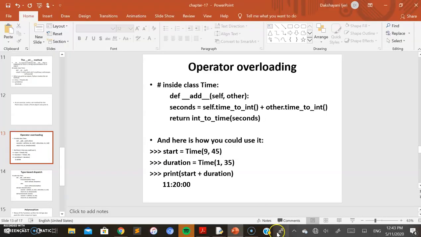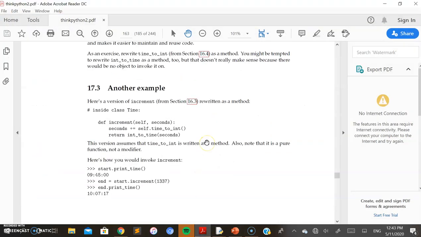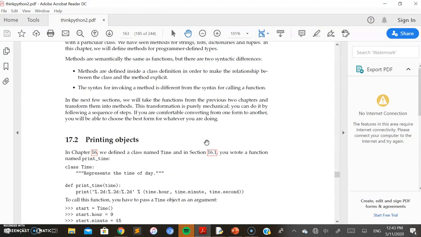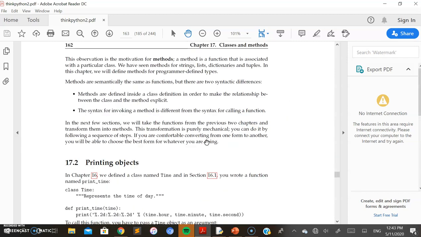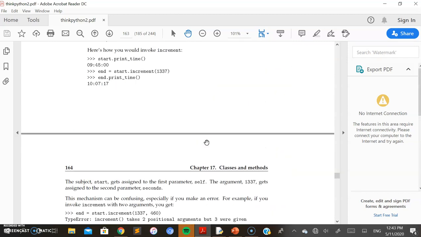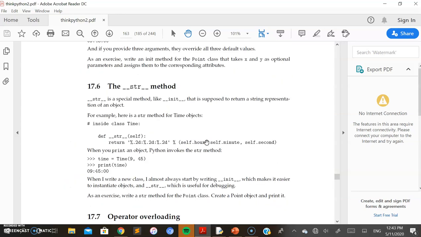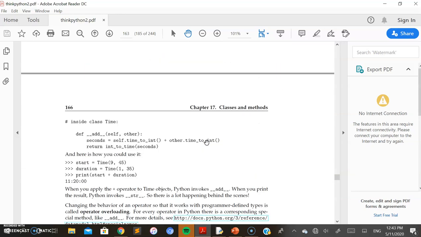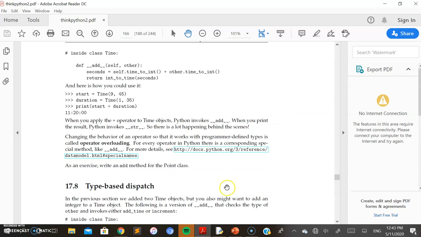To know more about what method names to use in order to overload the different mathematical operators, I request you to go through this document, where you'll get to know the names associated with the different mathematical operators, which need to be used exactly the same way in your program.